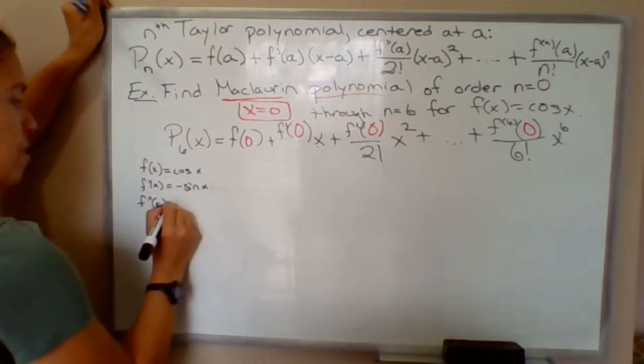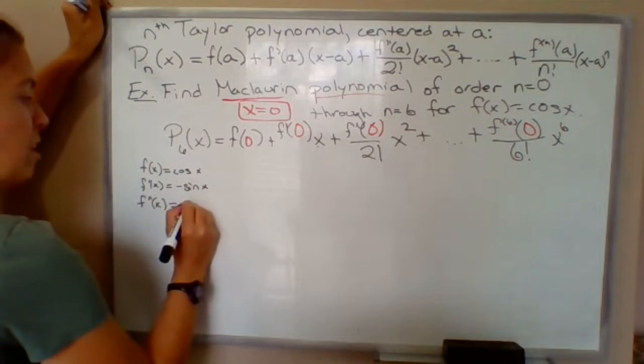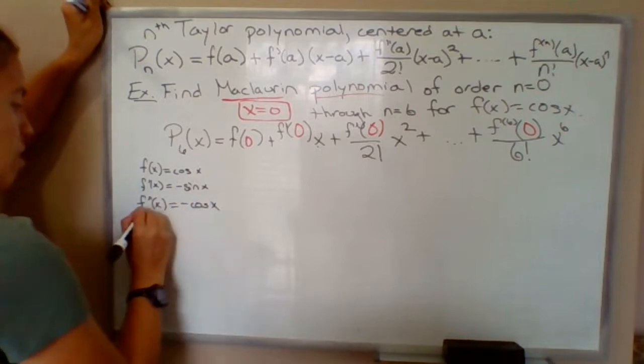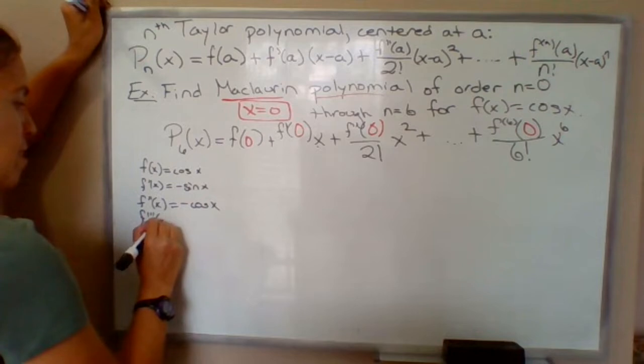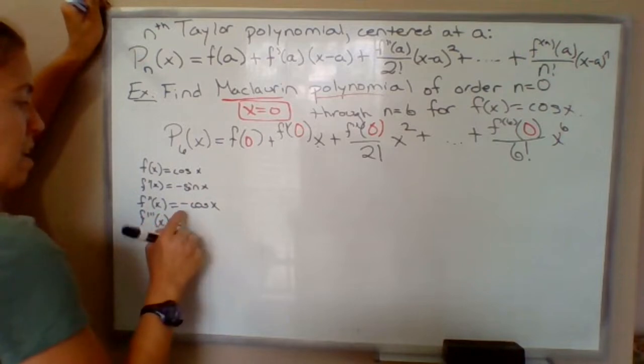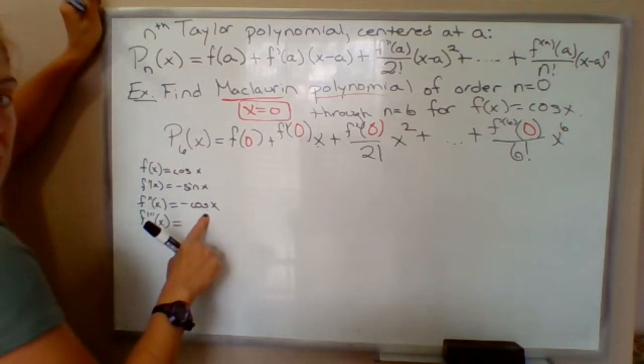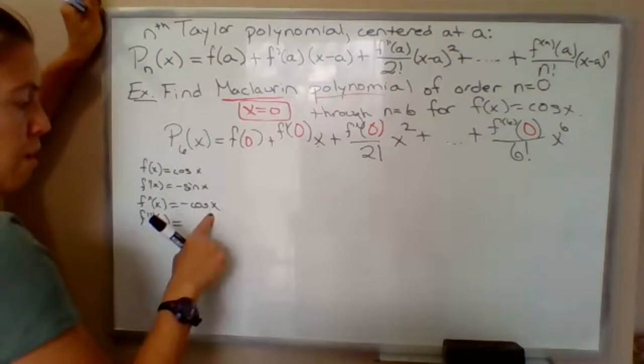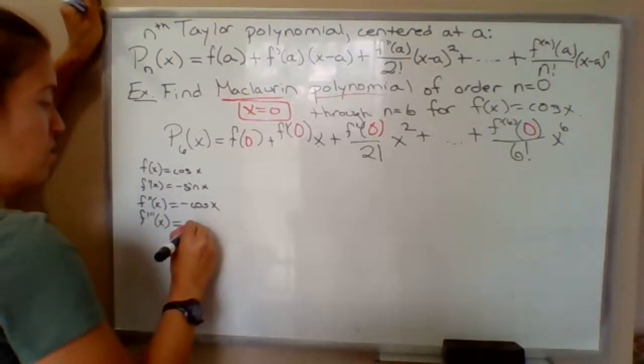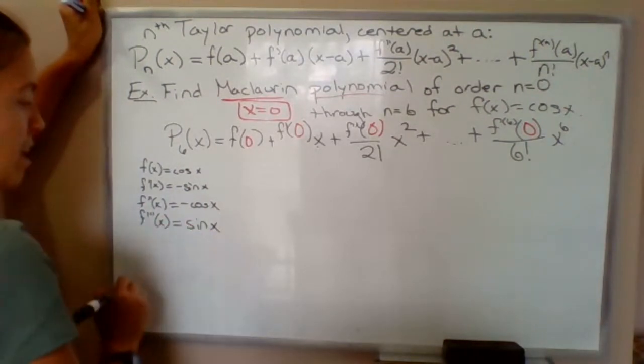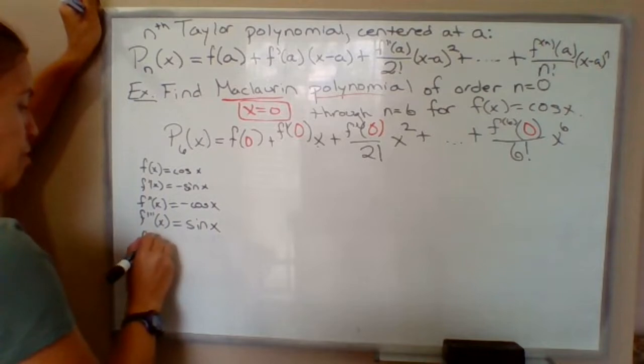Second derivative will be negative cosine x. Third derivative will be negative sine x, so negative in front, and then the derivative of cosine is negative sine, so the two negatives will give us positive sine x. And then the fourth derivative